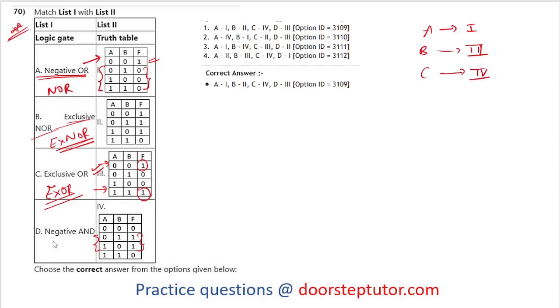Now D, negative AND. Negative AND means NAND gate. In NAND gate, what happens? If one of the inputs is 0, then output will be logic 1. So according to that, in the second table, you can see whenever one of the inputs is 0, then output is logic 1. So D option is matching with the second. Okay, so this is going to be